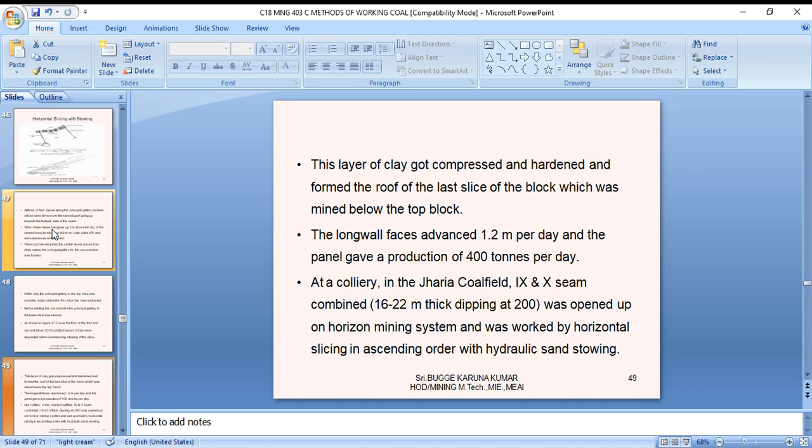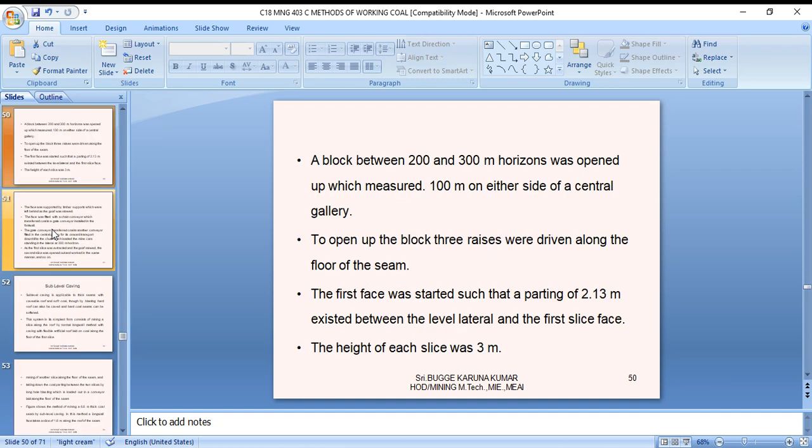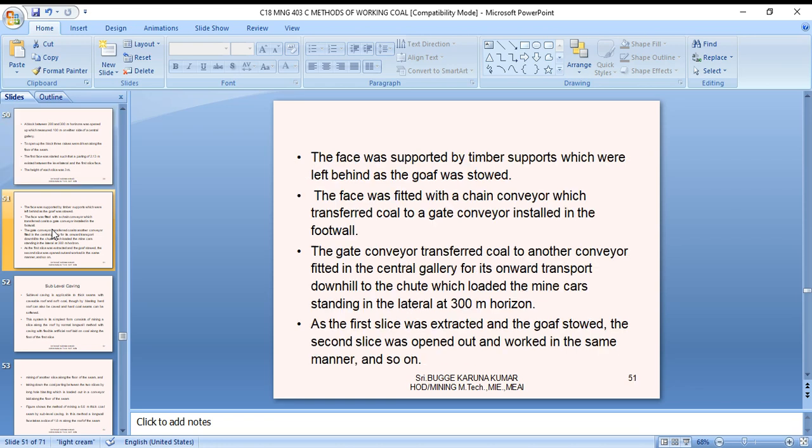At Gallery, Cherry Coalfield, the 9th and 10th seams combined were opened up and the horizontal mining system was worked by the horizontal face in ascending order with hydro sandstone. A block between 200 and 300 horizontal was opened up, measuring 100 meters either side of the central gallery. To open up the block, three raises were driven along the floor of the seam. The first phase was started such that a parting of 2 to 3 meters existed between the levels. The phase was supported by timber supports which were left behind as the goaf stone. The phase was fitted with a chain conveyor which transferred